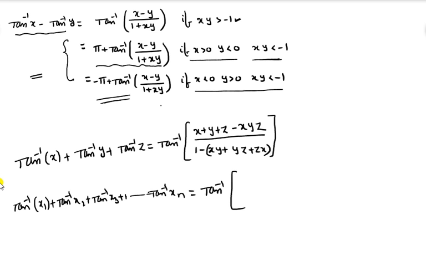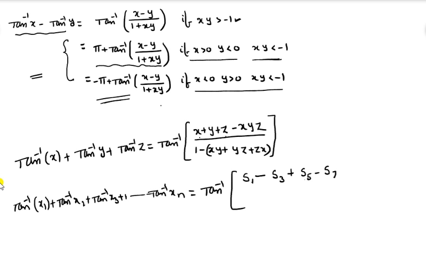We can write it as tan inverse of S1. What is the meaning of S1? Sum x1 plus x2 plus x3 and so on plus xn, minus S3, the sum of the product of the terms taken 3 at a time, plus S5